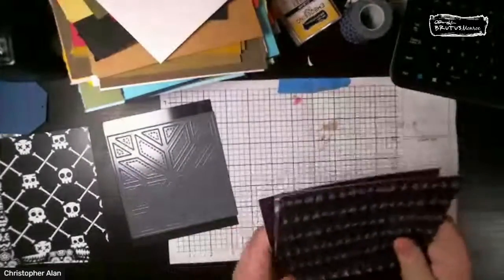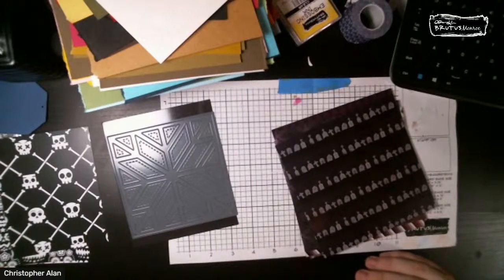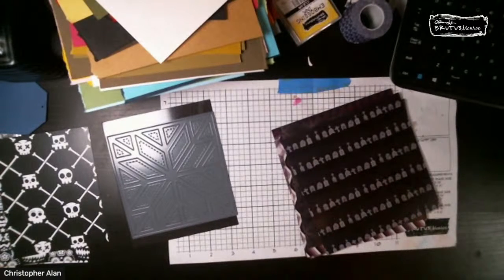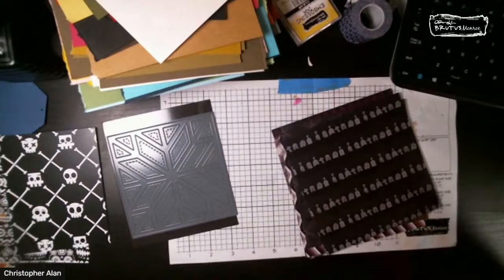Okay, so to do this Halloween extravaganza, we are going to need some cardstock. So let's see here. We are going to need, trying to think of what colors we should do. So I'm thinking we should definitely do, okay,